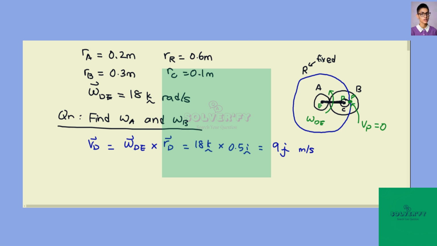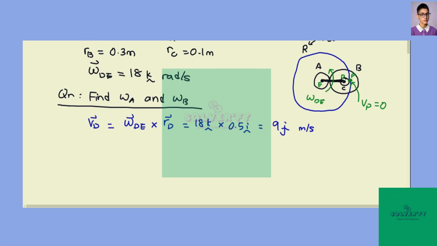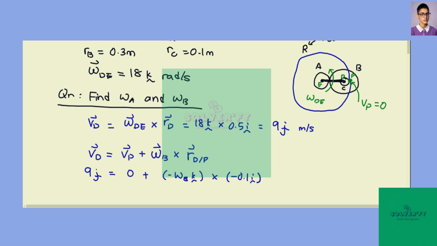Point P is going to have 0 speed, so we can determine omega B by using this equation: Vd is equal to Vp plus omega B cross Rd relative to P. Vd is 9j, Vp is 0, and omega B is going to be minus omega B k cross minus 0.1i. Just to enlarge the diagram,